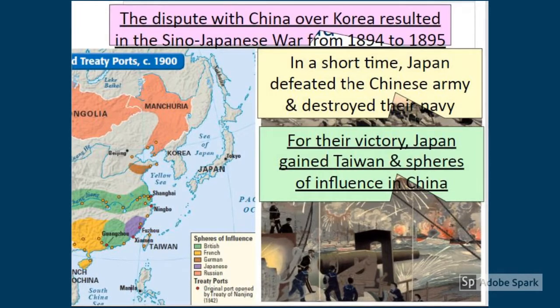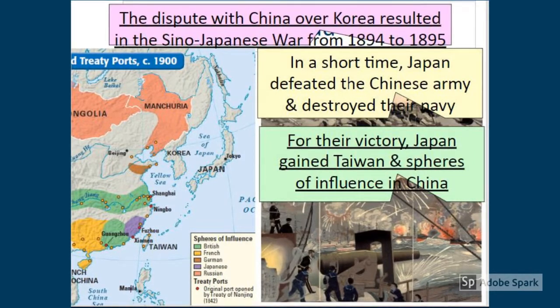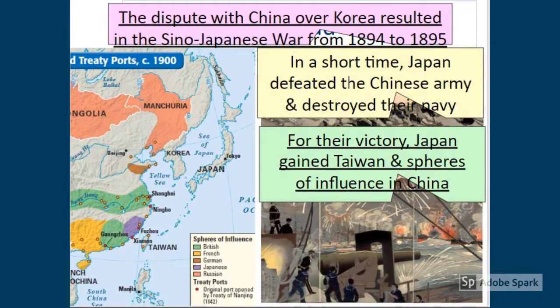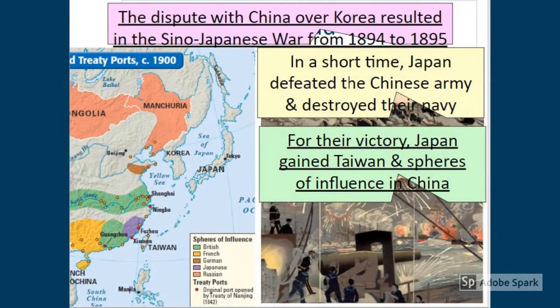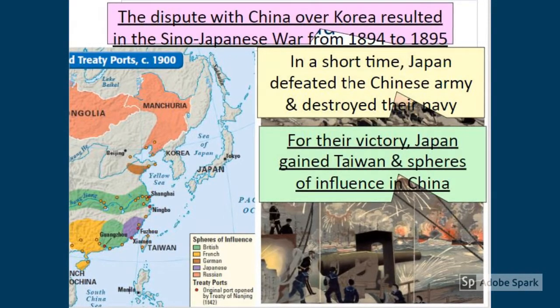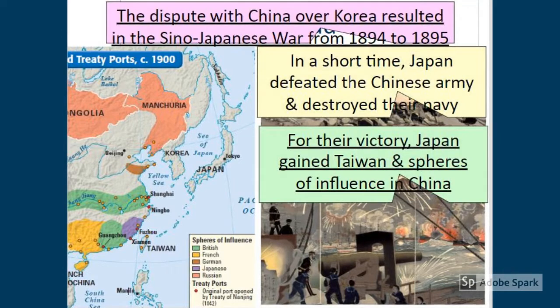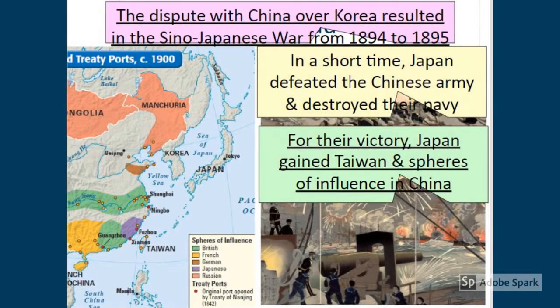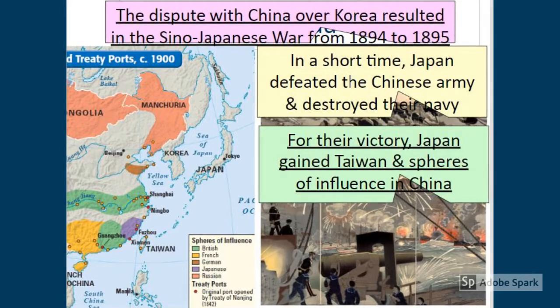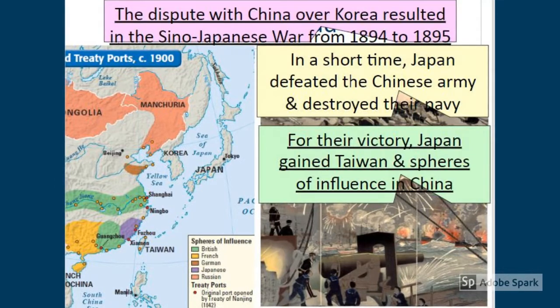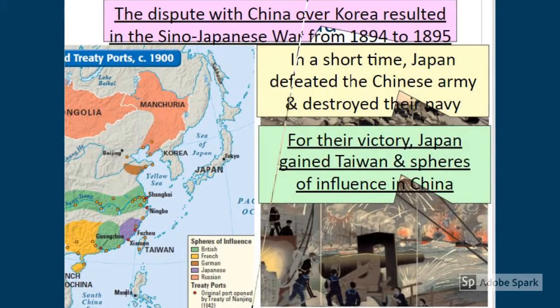You might be wondering, China's so much bigger than Japan, and the West has been in China for almost 75 years at this point. Why didn't they industrialize like Japan did? Well, let me tell you. One of the things about the West is that they didn't like their imperialized states to gain too much knowledge, self-governance, or advancements. They basically learned their lesson from the revolutions period where they lost all their holdings in the Americas and decided that they needed to keep China from industrializing so they couldn't kick them out. Anyways, for their victory, Japan gains Taiwan and spheres of influence in China.